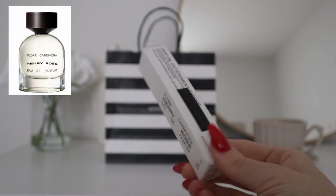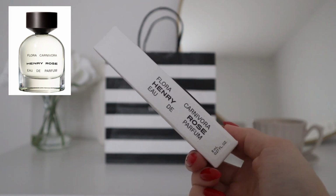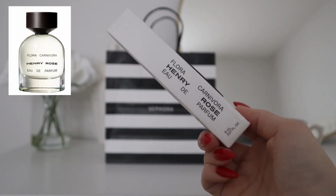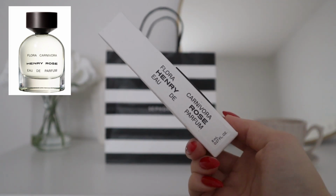I have not sprayed it yet. I haven't taken it out of the package. I just sprayed it in store, and it was an immediate, I really, really liked it. It was beautiful. It smelled sophisticated. It smelled clean. It smelled fresh. It smelled very, very feminine. It smelled kind of like a rich,